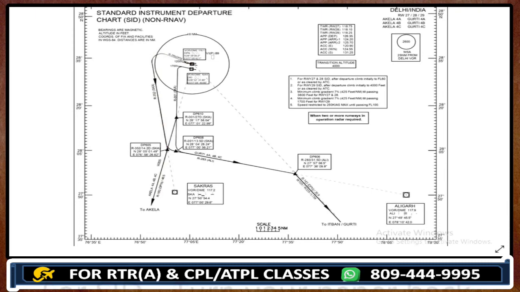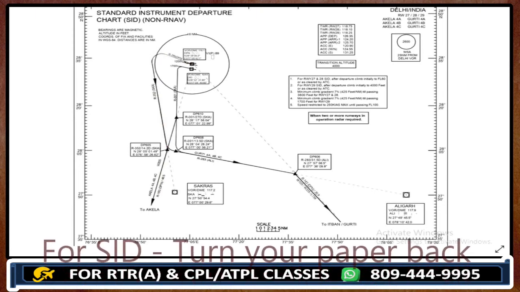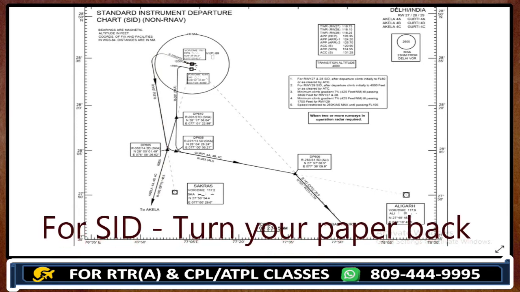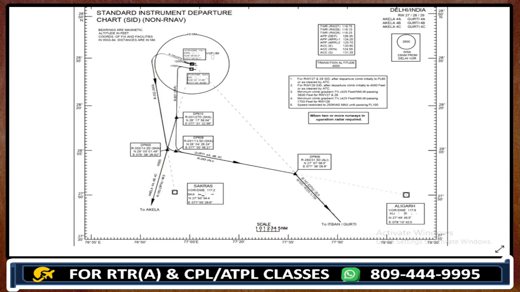I'm telling you in advance, in case of a SID question, always turn your paper back, you will find that SID. In case they have given you a separate sheet, that would be awesome. But most of the time this is how WPC does it with the paper and SID chart. This is their old style and old pattern which is going on till now too. Some students like you guys have made these mistakes. They have missed their attempt just because of these silly mistakes. Those who were not in contact with me, or maybe were not aware of this WPC pattern.